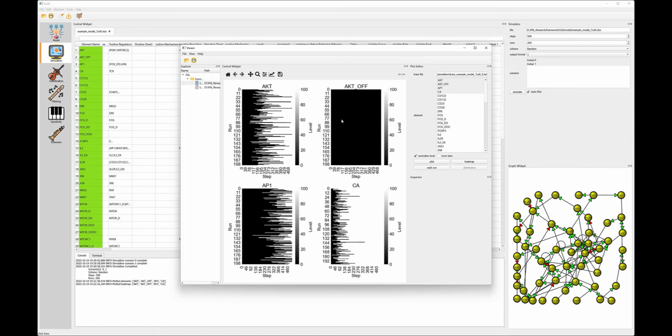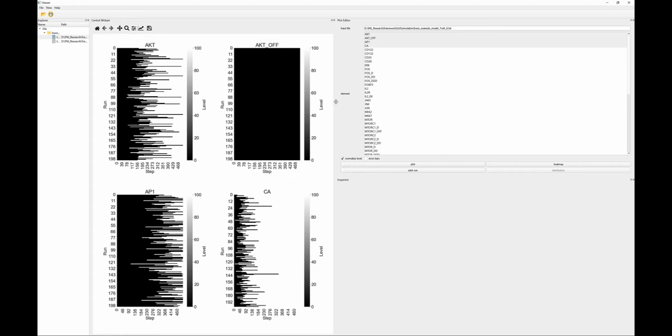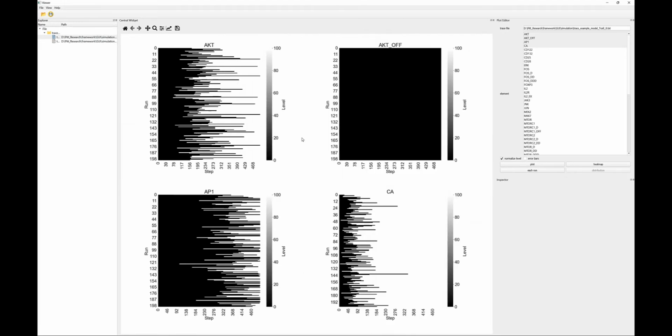The viewer is quite flexible. It allows you to store the simulation results on your computer, and we can import and visualize them later. So I'm going to show the simulation results of another GBM model built in our group.